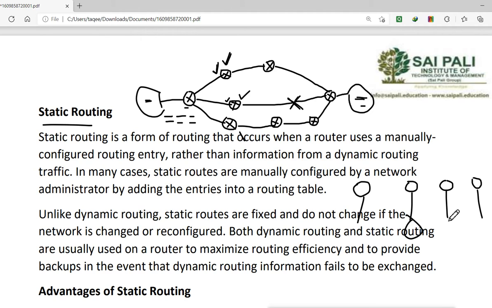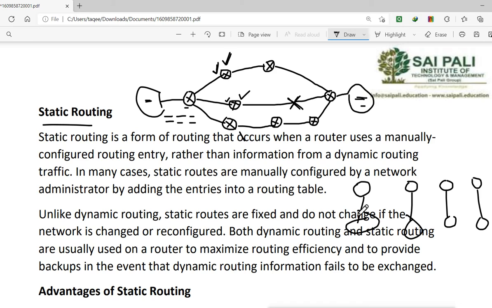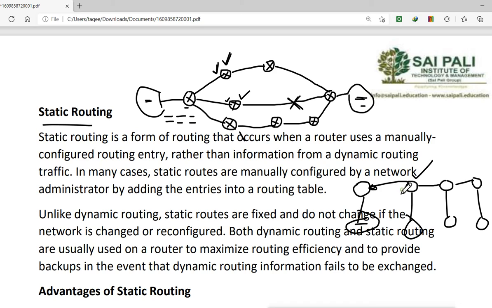Now when I am configuring the router for static routing, I have to mention the first hop address properly. If I mention it wrong, for example, I'm configuring this router here, so for going into this network, the first hop address will be this, because we go from this side.